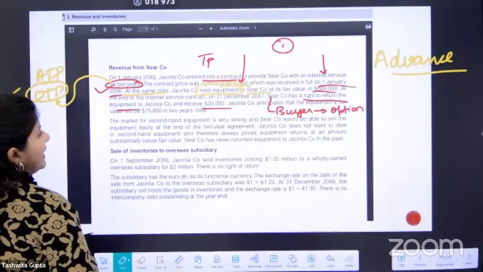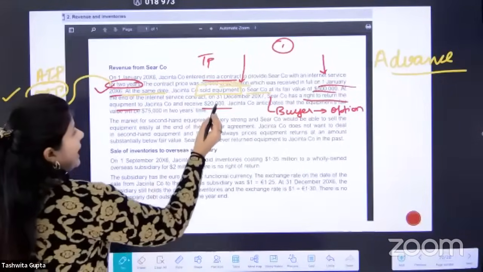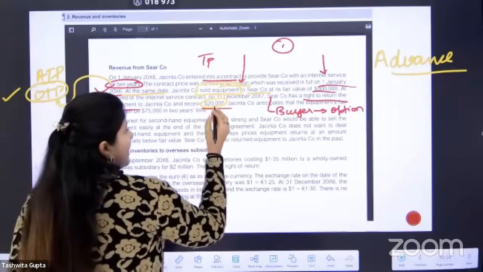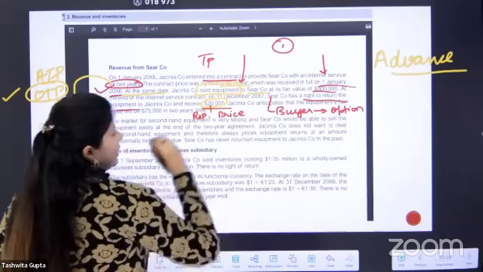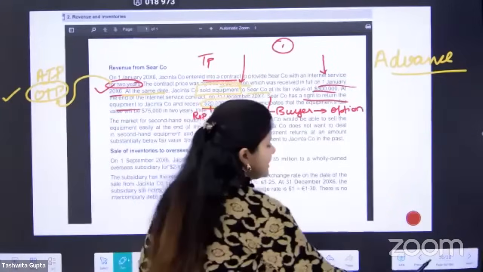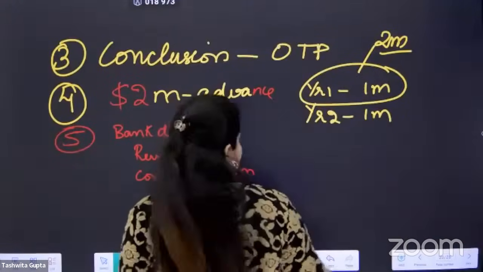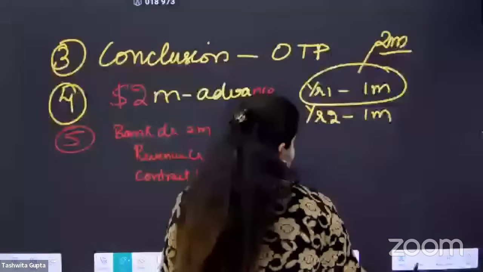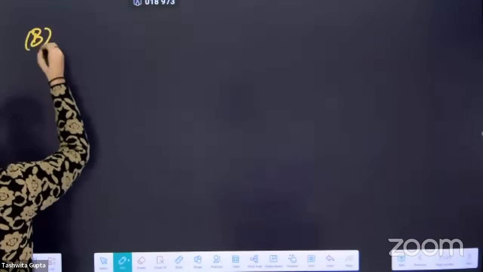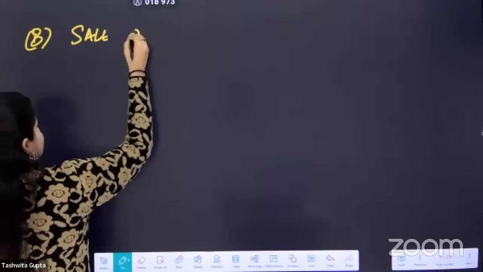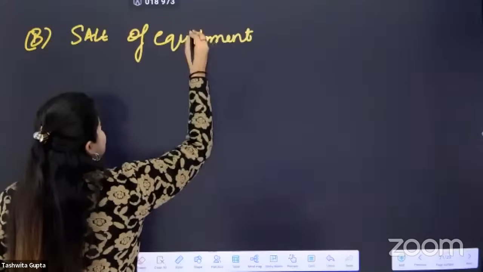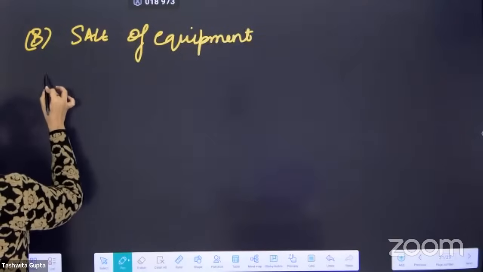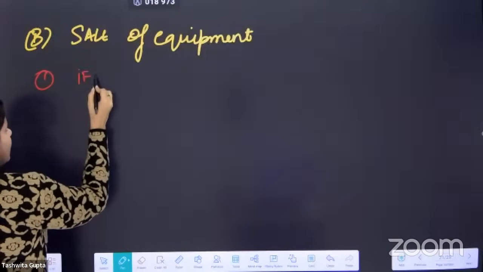And then how will we take it back? We will take it back at 20,000. So what is the repurchase price? This is the repurchase price, 20,000. Now we need to understand, okay, this is a put option. So we'll first identify. Let's give another heading. Heading number 2, sale of equipment. Yes, the first point in sale of equipment I would write is that it is IFRS 15,